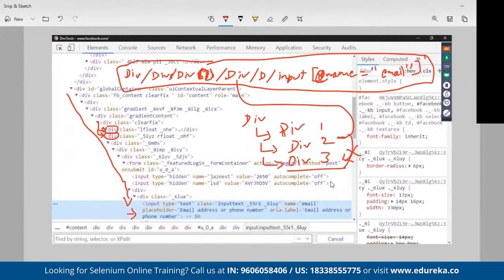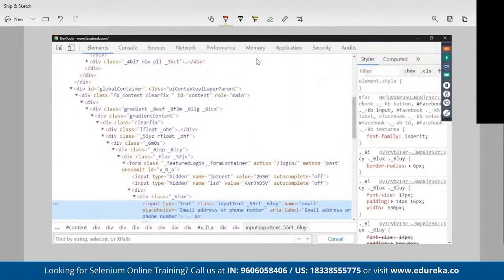Now this is one of the techniques of absolute XPath. We do not use absolute XPath in reality. So what do we use? We use relative XPath. Now what is relative XPath? Erase all. Relative XPath directly finds the element anywhere on the page. So I can directly mention relative XPath to be